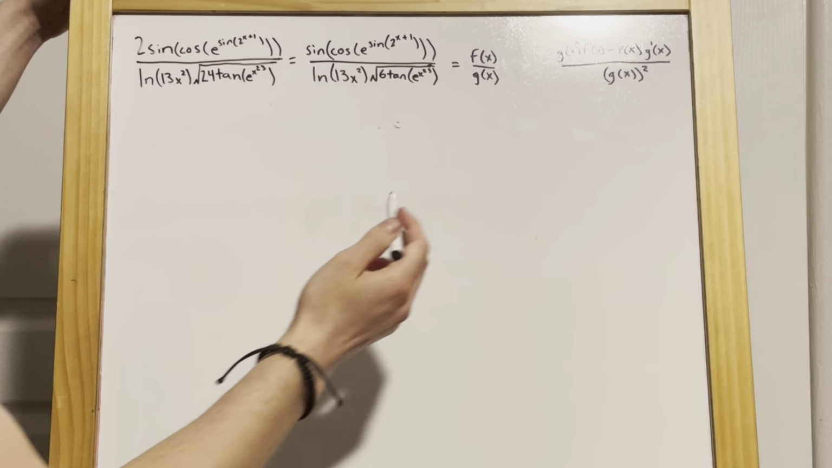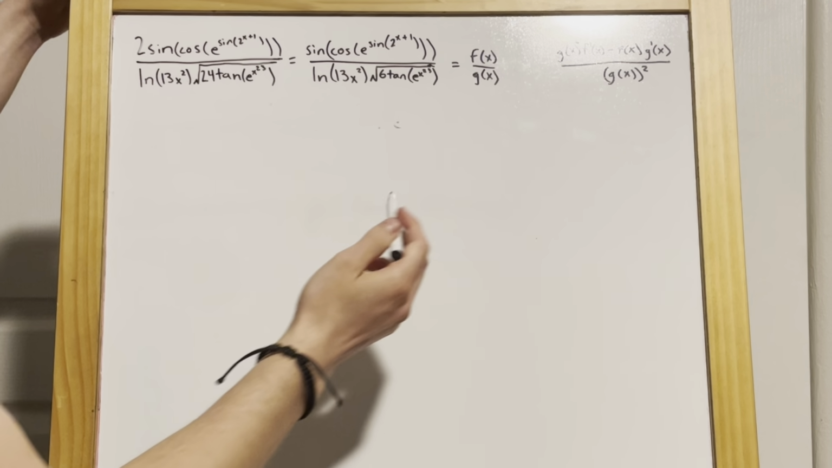Now I have to multiply this by the derivative of the inside, and the derivative of the inside is another chain rule. So the derivative of cosine is negative sine. So we have negative sine of this whole thing right here, e to the sine 2 to the x plus 1, like that, times the derivative of the inside, which is another chain rule. The derivative of e to the x is just e to the x, so I'll have e to the top part,